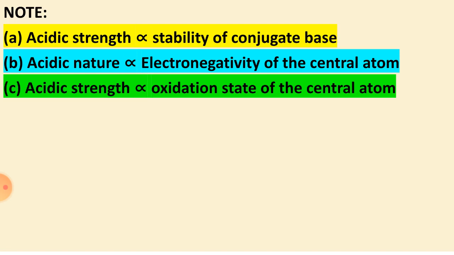Sometimes a question is asked: out of HClO4 and HBrO4, which is more acidic? In that condition you have to apply that the central atom is more electronegative, that is HClO4. So that's why HClO4 is more acidic than HBrO4. When this is given in terms of thermal stability, again you have to focus on the elements that are the same in the central atom. You have to focus on the charge on the central atom: the more the charge, the more will be the stability of the oxyacid.